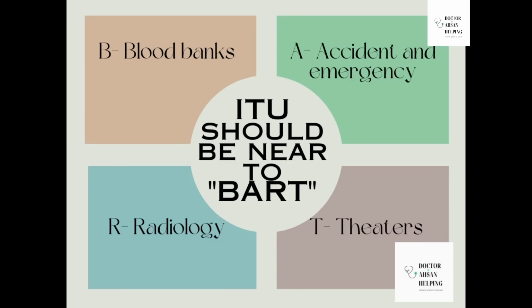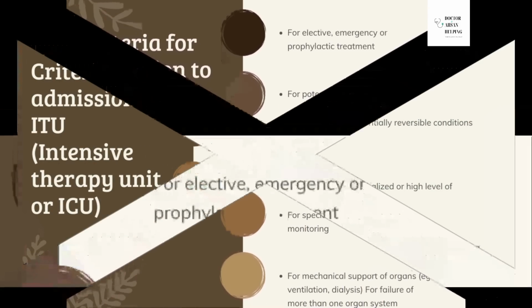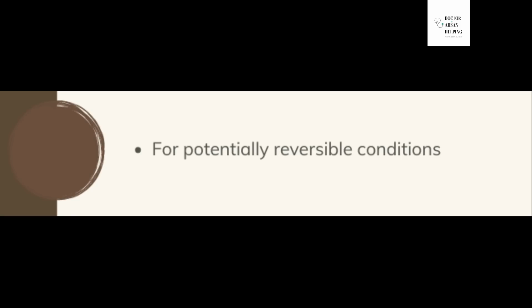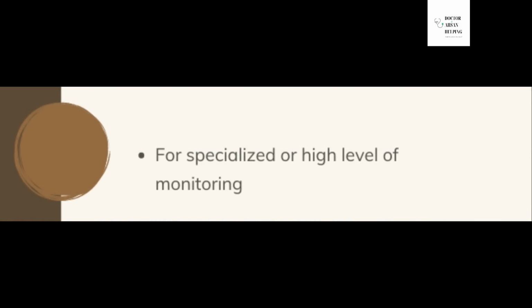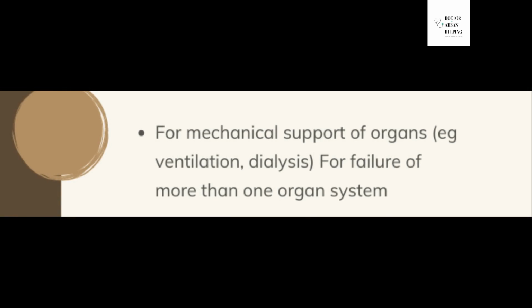radiology, and theaters. There is a criteria for when you can admit a patient to ITU, which includes the patients who have to undergo elective, emergency or prophylactic treatment, the patients who are having some potentially reversible conditions, the patients who require a high level of monitoring, patients who require mechanical support of organs, which can include ventilation or dialysis, and the patients who have more than one organ failure. These patients are usually admitted to